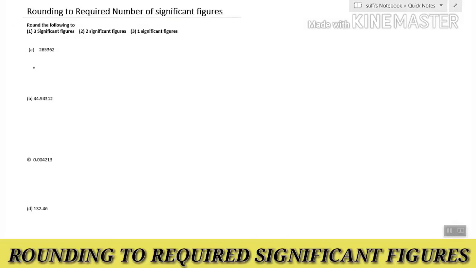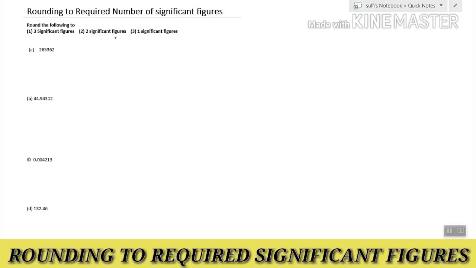Welcome to this video. We will learn about rounding to the required number of significant figures. We have already learned about significant figures. In this video we will only round off numbers to the required number of significant figures. Let's take an example. We are given different numbers here and we have to round them to 3 significant figures,